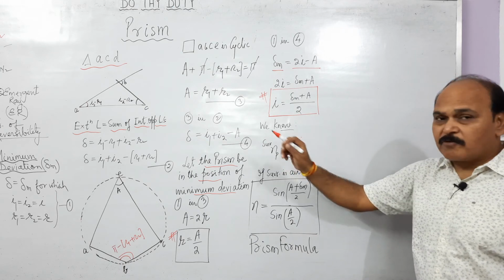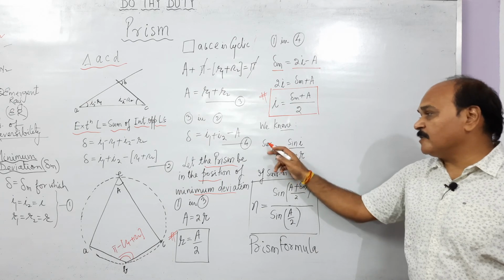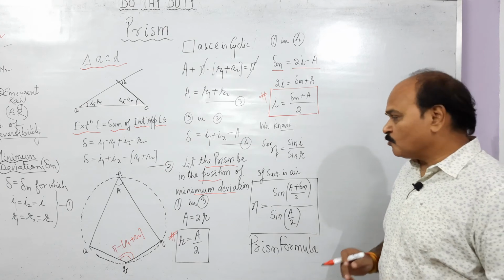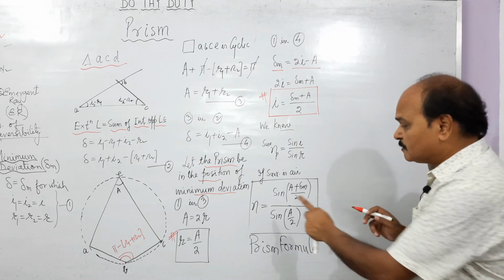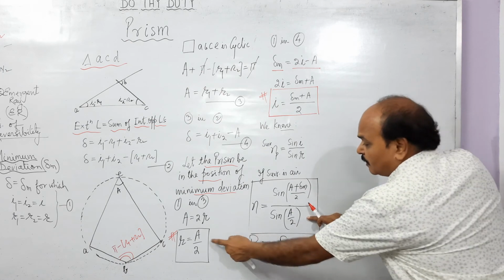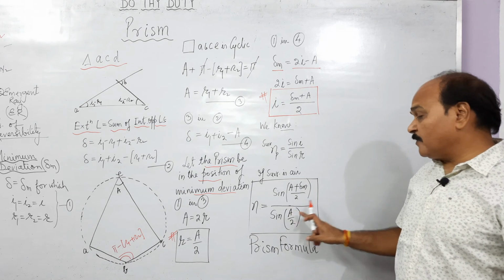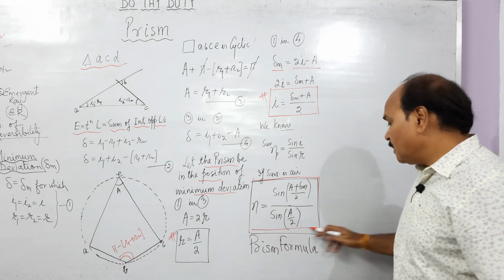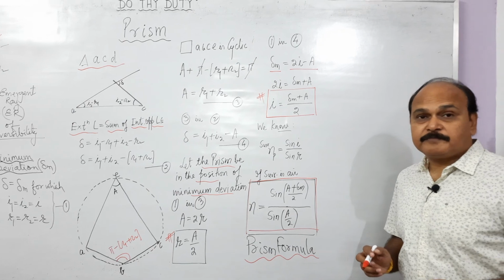Now, if the surrounding of the prism is air, then this n with respect to surrounding is what? The absolute refractive index of the material of the prism. So, the absolute refractive index of the material of the prism is sine of I, and what is I? I is this. Upon sine of r, and what is r? R is this. So, n is equal to sine of (A plus delta m) by 2 upon sine of A by 2. This is a very, very important and very famous formula, and we call this the prism formula.